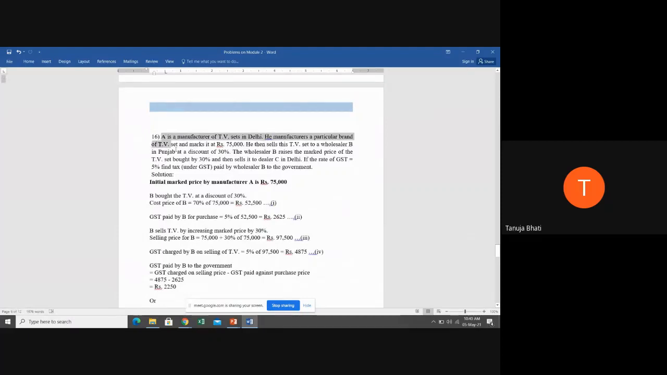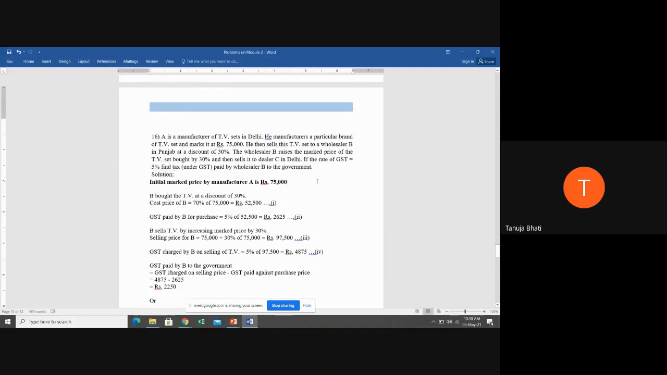Now, A is a manufacturer of TV sets in Delhi. He manufactures a particular brand of TV set and marks it at rupees 75,000. He then sells the TV to a wholesaler B in Punjab at a discount of 30%. The wholesaler B raises the marked price of the TV set bought by 30% and then sells it to a dealer C in Delhi. If the rate of GST is 5%, find the tax under GST paid by the wholesaler B